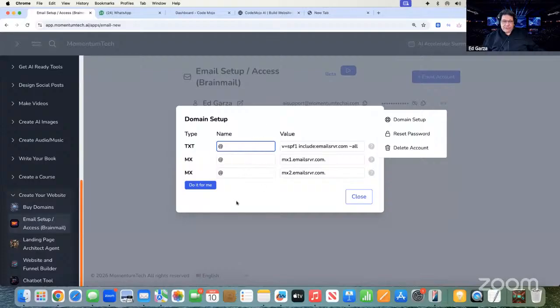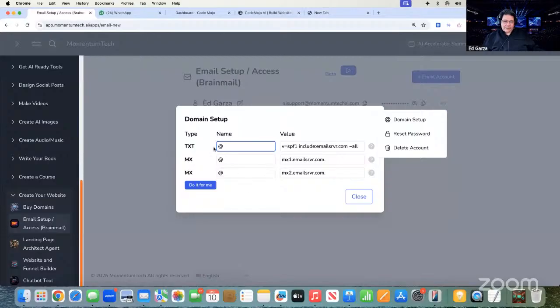It's going to give you all these variables. You need to add these to your domain setup. It's called your DNS records. If you don't know how to do it, call GoDaddy. They'll show you where to go. They may even do it for you if you ask them. Or call your domain registrar.